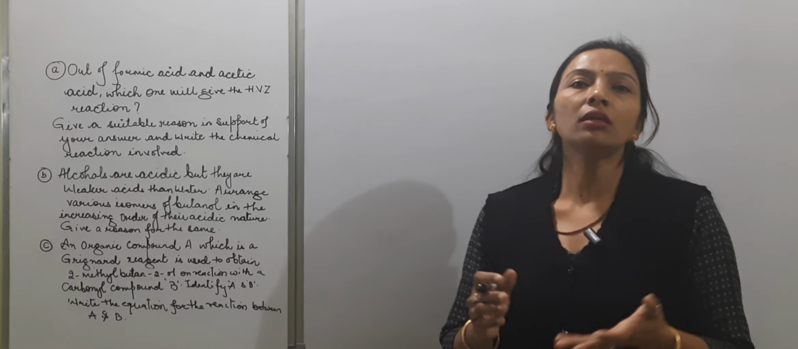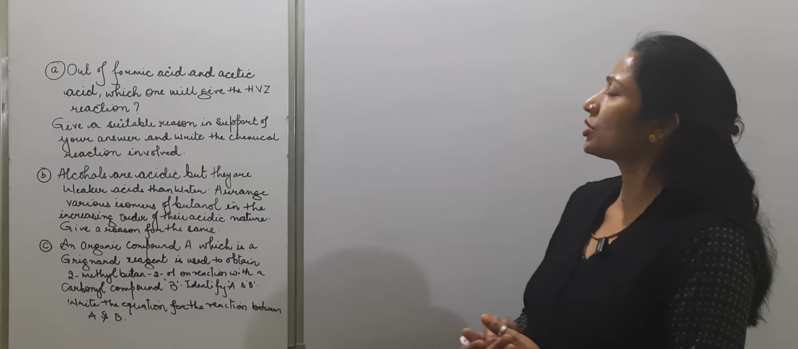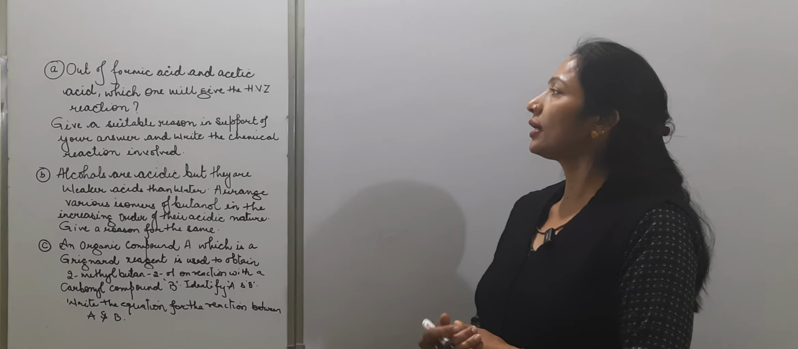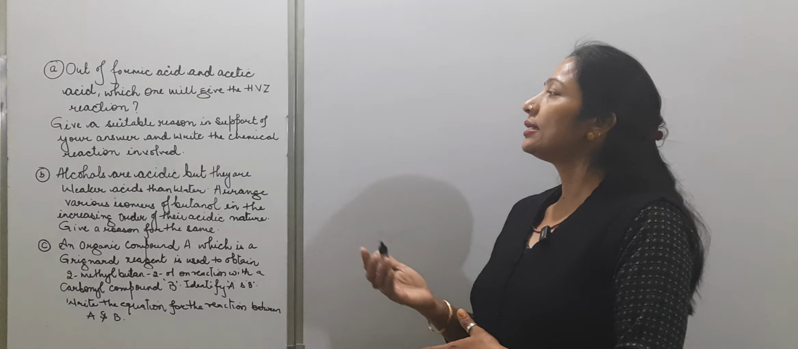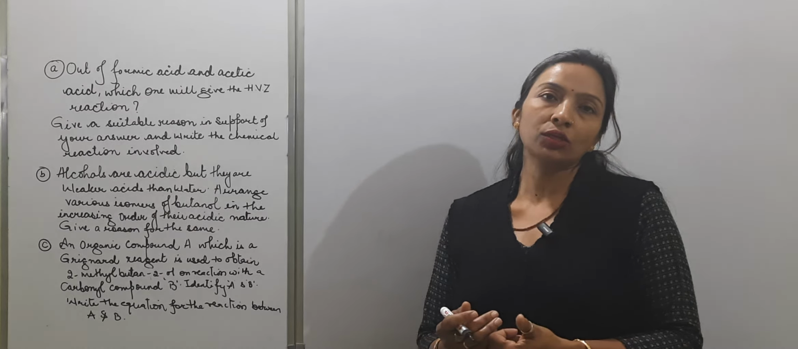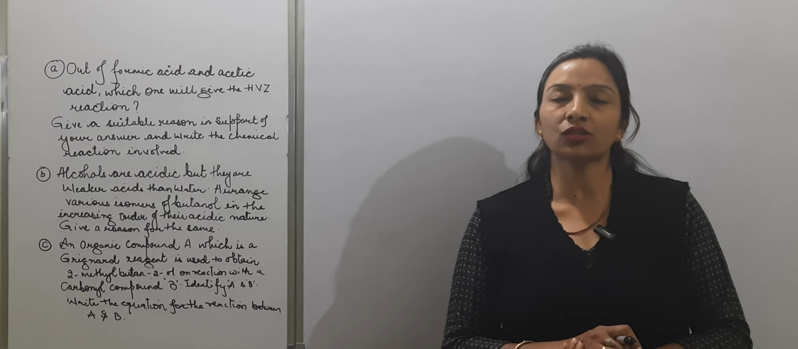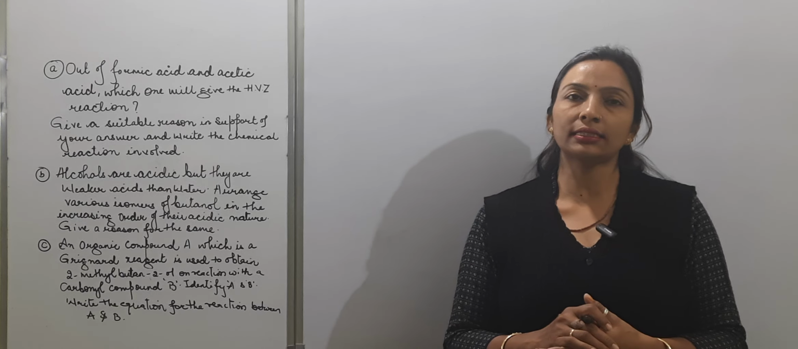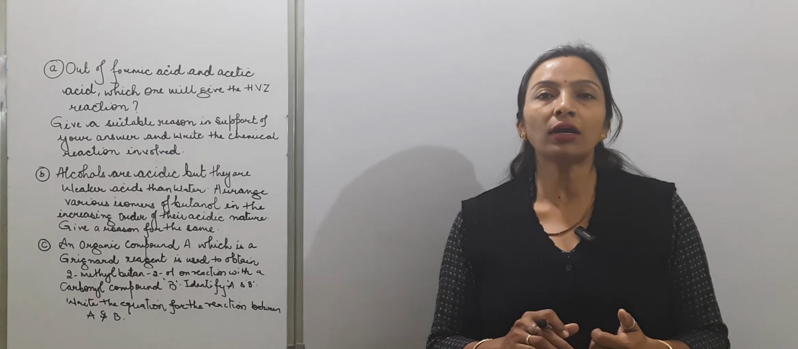Came with one of the 5-mark questions for the revision for this coming session. So the first question is that out of formic acid and acetic acid, which one will give the HVZ reaction? HVZ means here we are talking about the Hell-Volhard-Zelinsky reaction, and this reaction is given by the carboxylic acids, and the carboxylic acids which are having the alpha